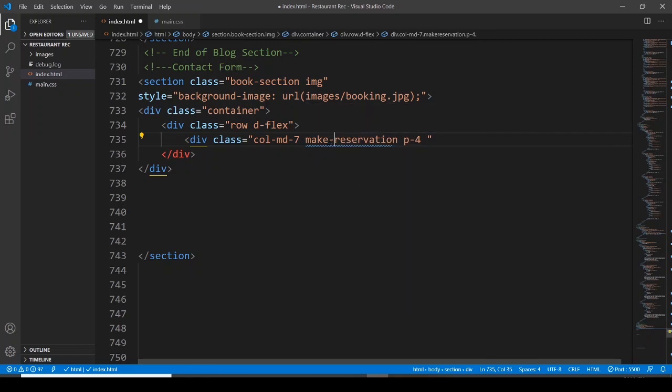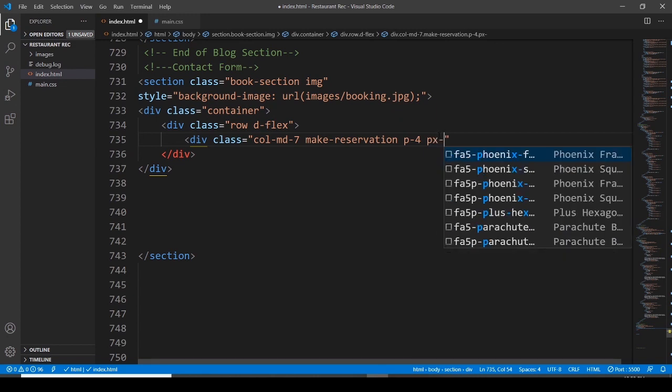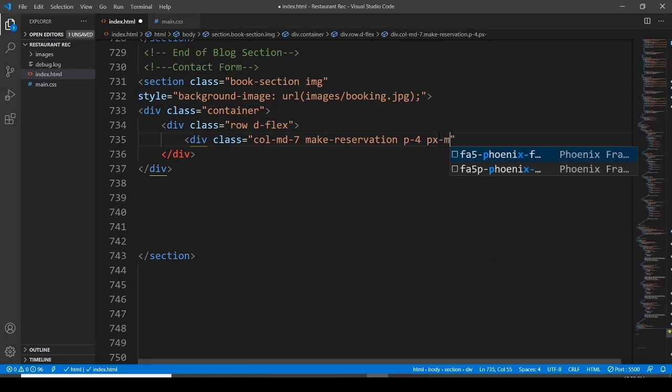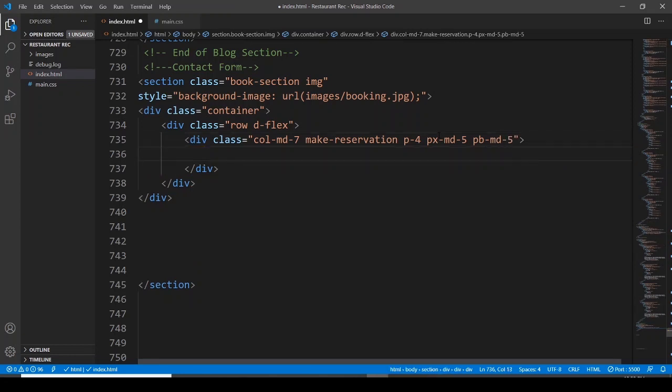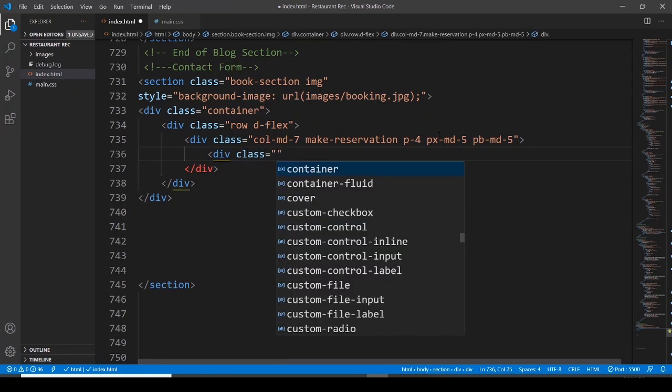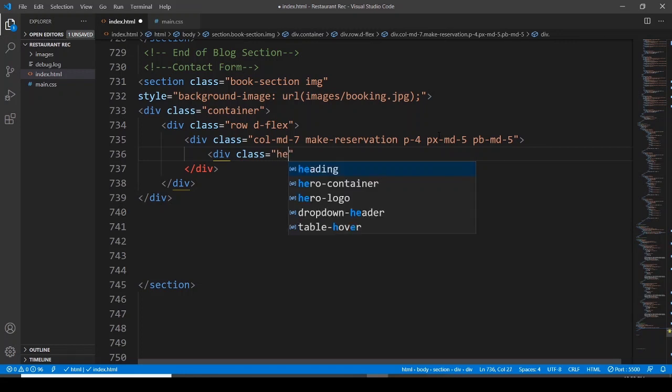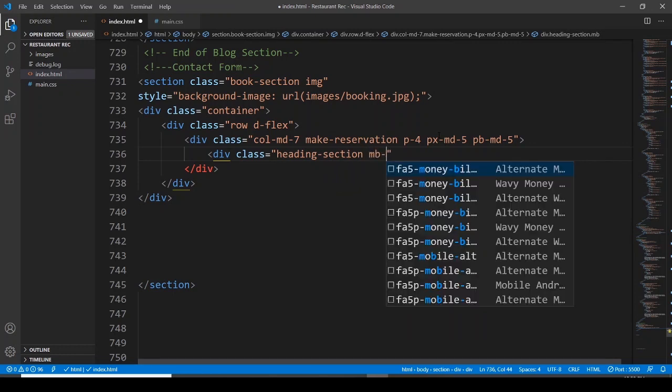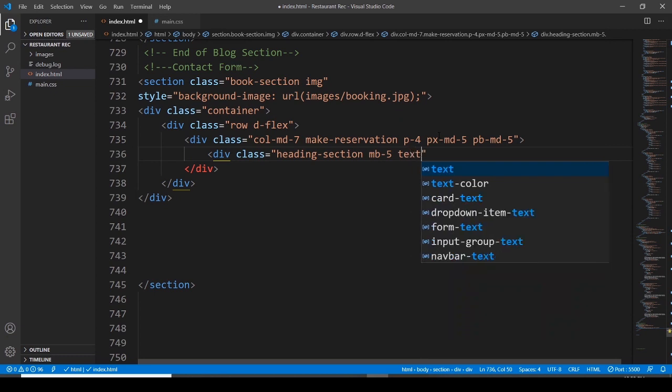So okay, make reservation class, and then padding 4, and then x and y is going to be x, y, and then medium 5, and then bottom is going to be medium 5 again. Okay, let's have a division, assigning it a class, and this class is going to be padding section, and then margin bottom 5, then text center,